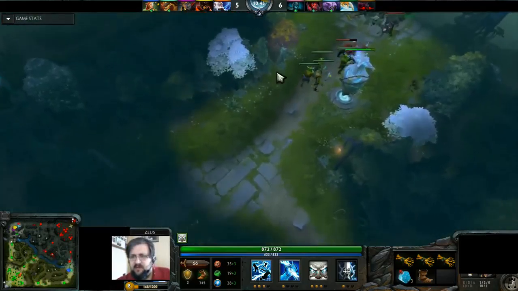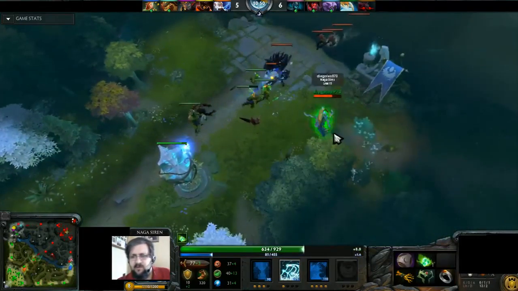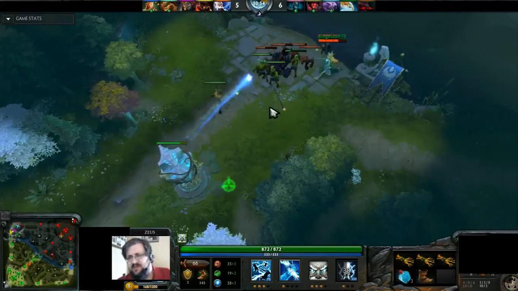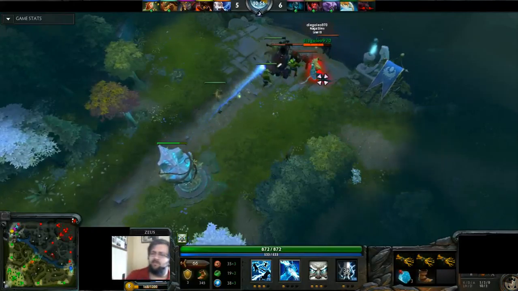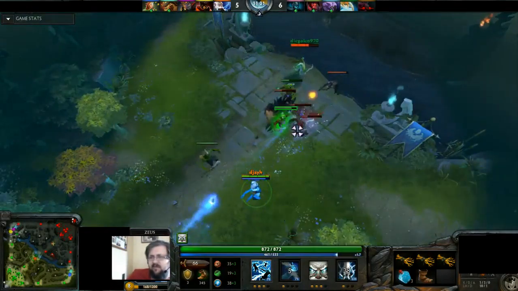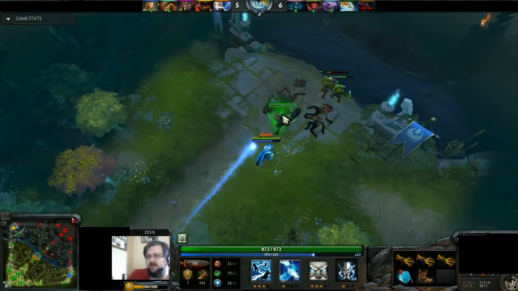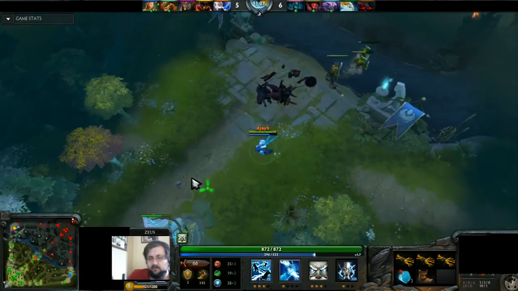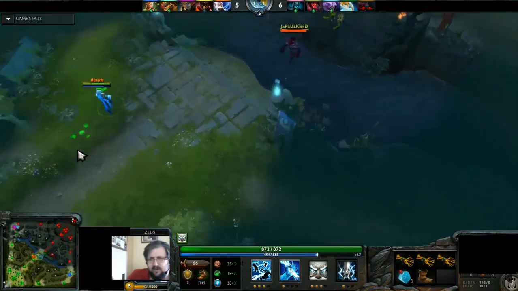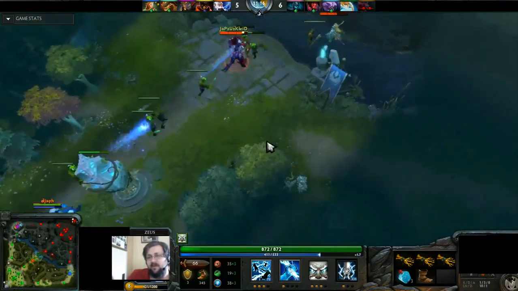Almost got the revenge kill on that Shadow Demon, but not quite. Now, this really isn't a best game to learn from. Mostly because we are going 5-on-4 the whole time. And that was just a plain old misclick. Did not really mean to lightning bolt that creep. I wanted to arc lightning and